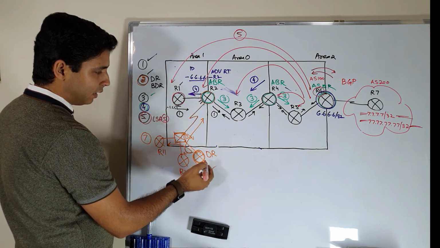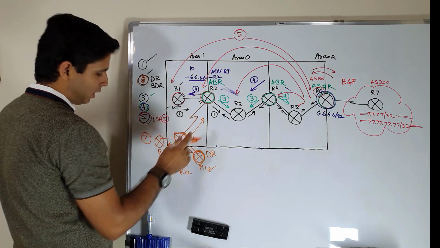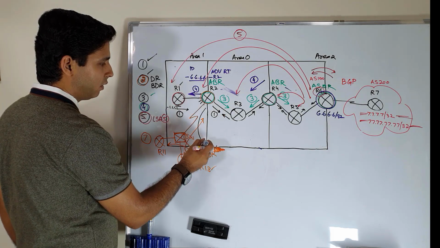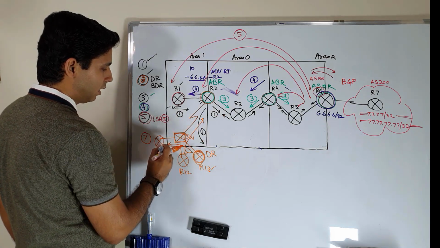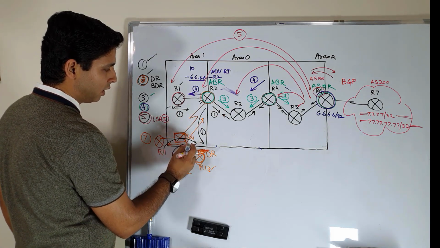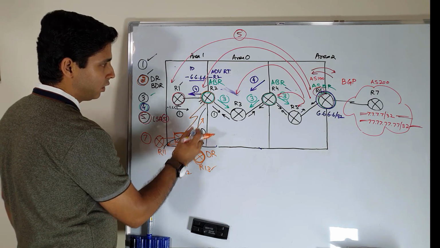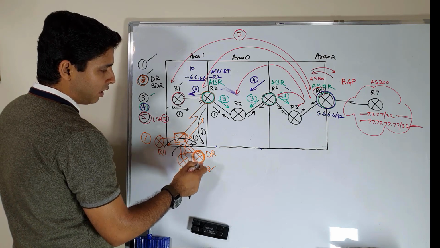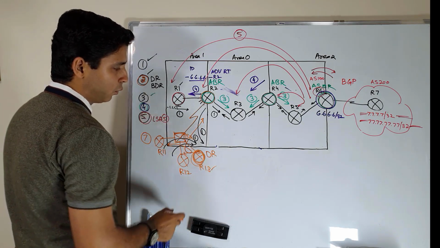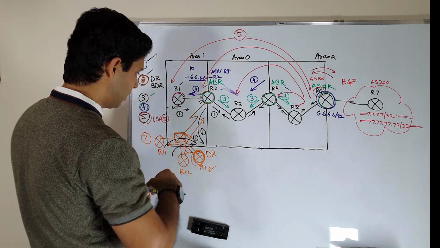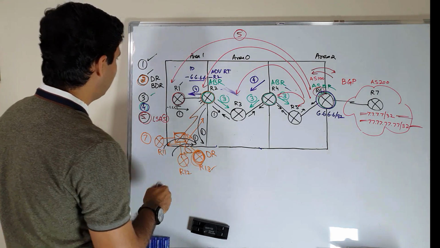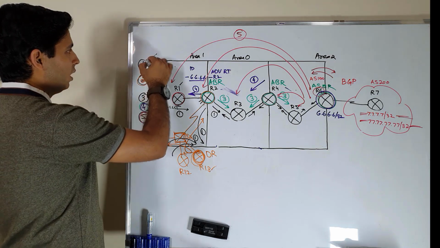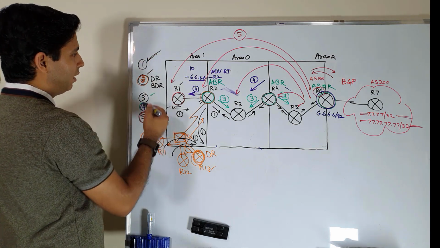All the routers send their LSA 1 to the DR. So let's say R2 will send LSA 1 to the DR, router 11 will send, router 12 will send LSA type 1, which we denoted as black. But in response, our DR will send them LSA type 2. So this is a special type of LSA which has no connection with 1, 3, 4, 5 and 7. So that's why we parked it for a while and now we have clarified.